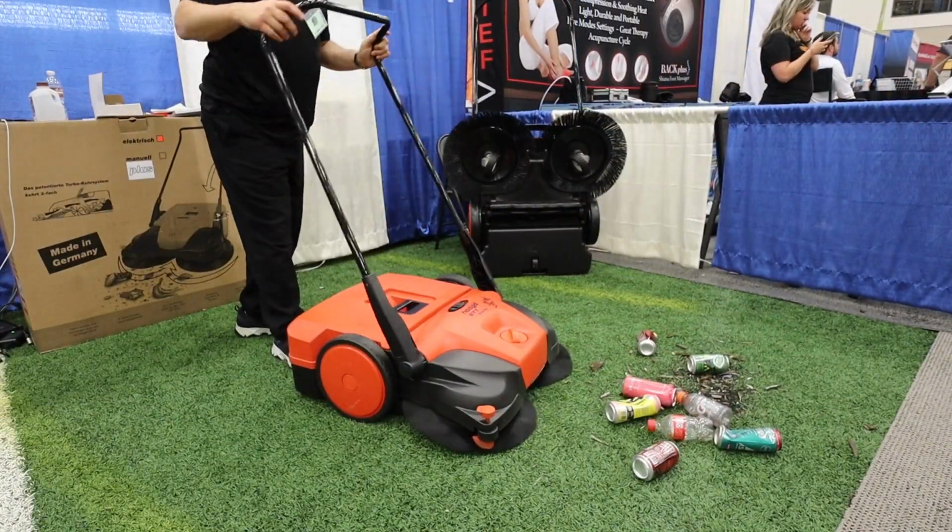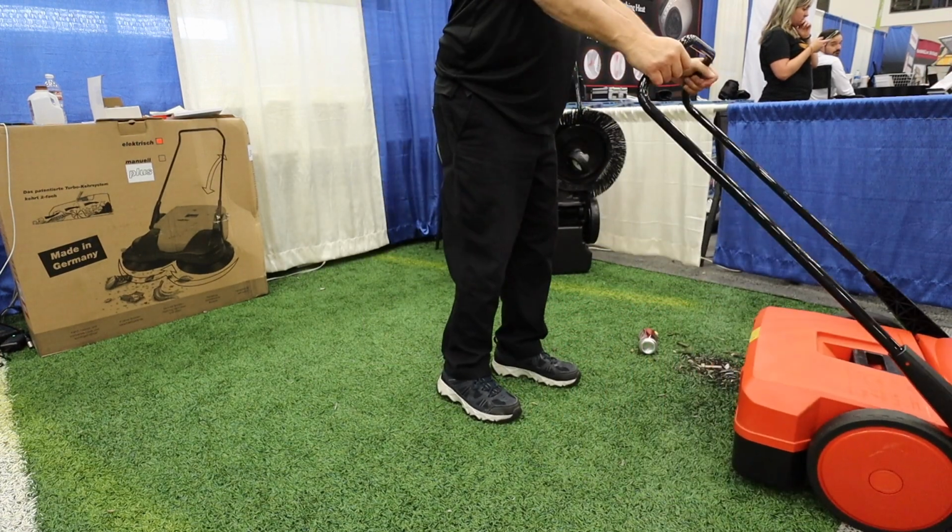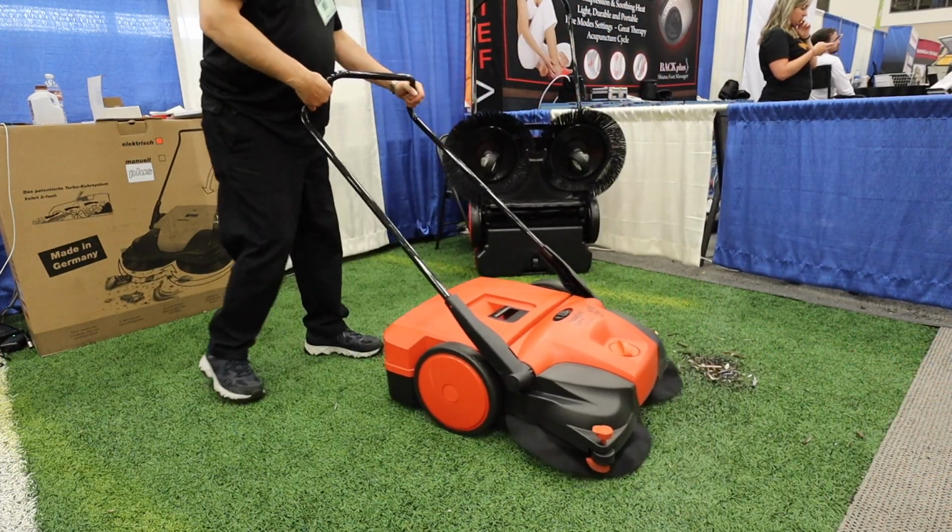This is something else I'd never seen before, which is basically a battery-powered sweeper that'll suck up about anything off of any surface. If you want to buy one of these units, it's called a Haggis Sweeper. Call me. My name is Chris,